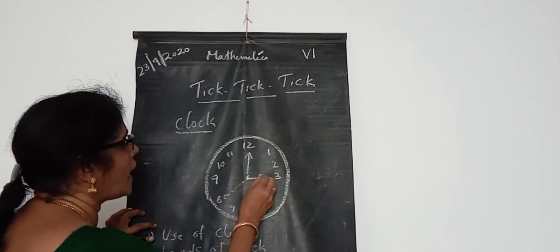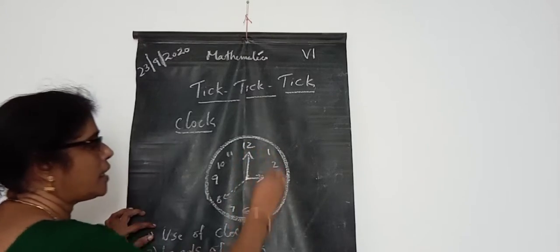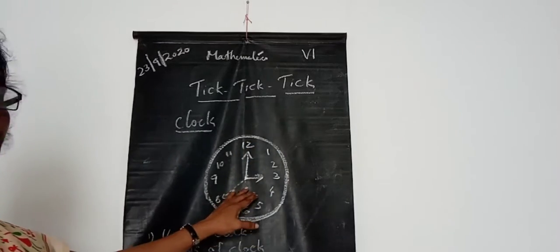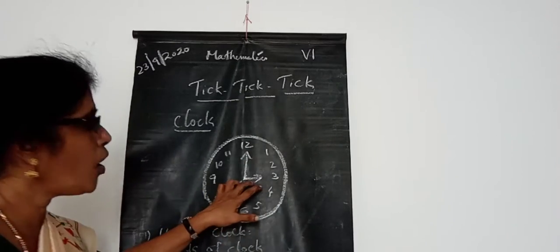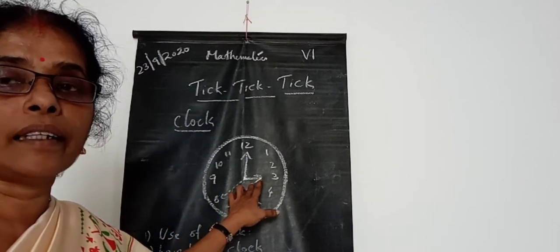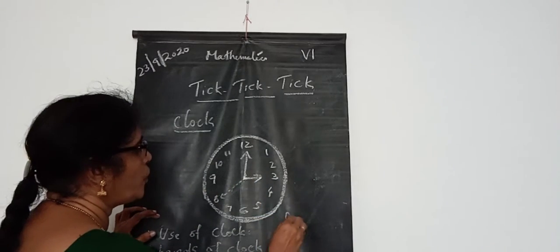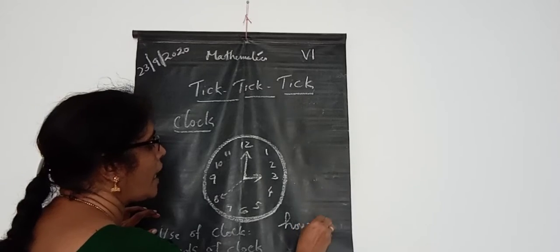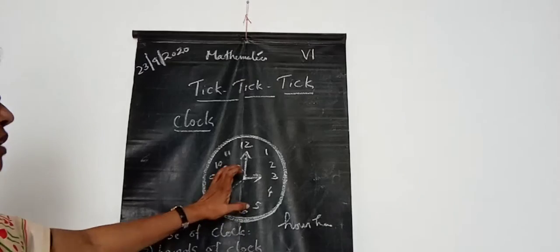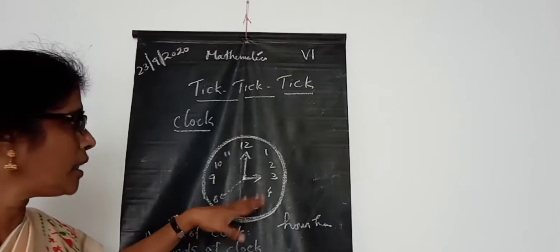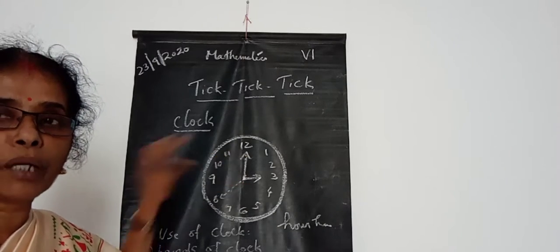One is the small hand and one is the big hand that you can see here. Two hands for this clock. This small hand is the hour hand, that is H-O-U-R, H is silent. The hour hand. And this bigger one is the minute hand. One is the small one, that is the hour hand, and the second one is the minute hand.